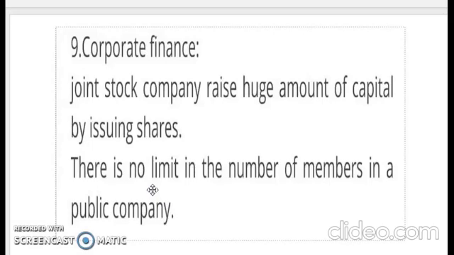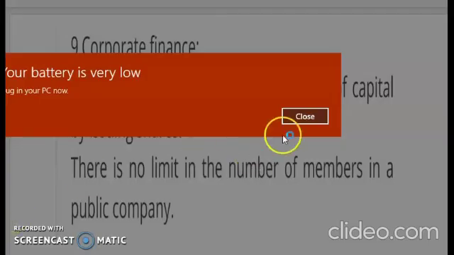The definition of a public limited company is in section 2 subsection 71. A public limited company means a company which is not a private limited company and has a minimum paid up share capital as prescribed. That is considered a public limited company, and the other one is a private limited company. Again, the thing we have in a private limited company is